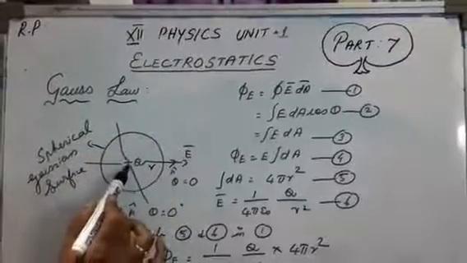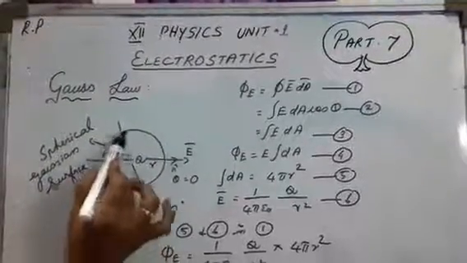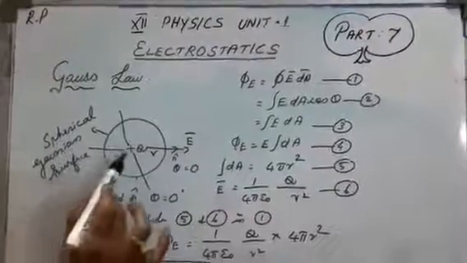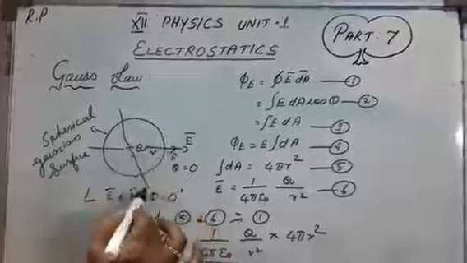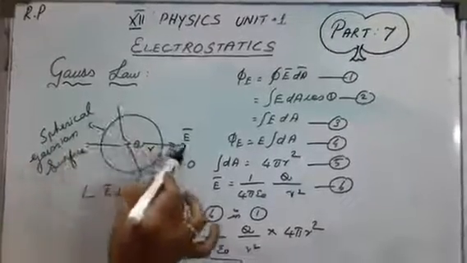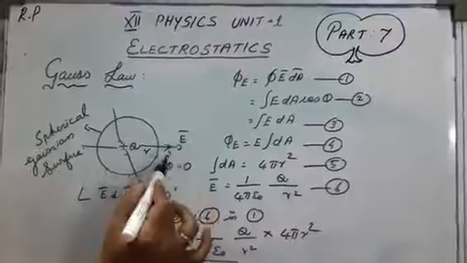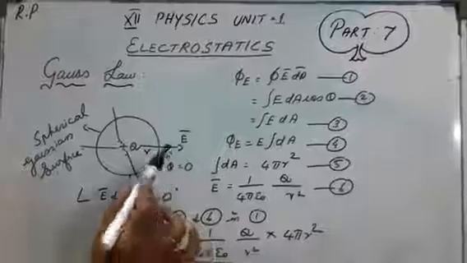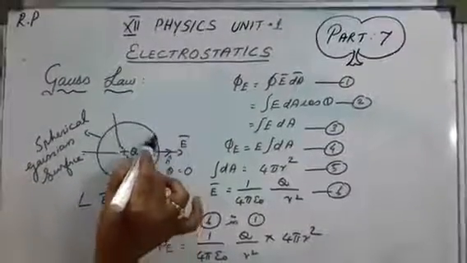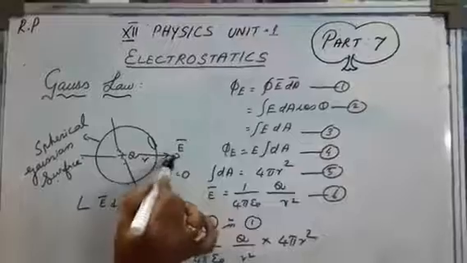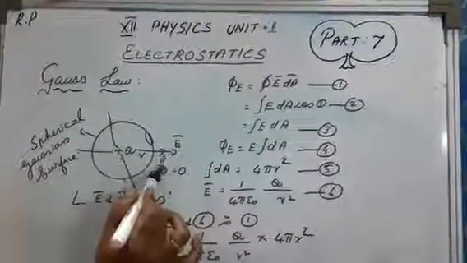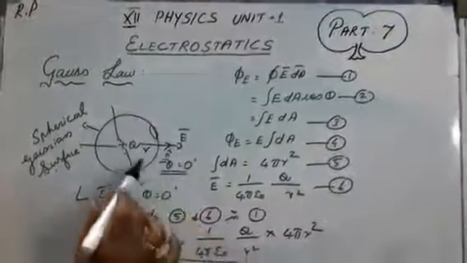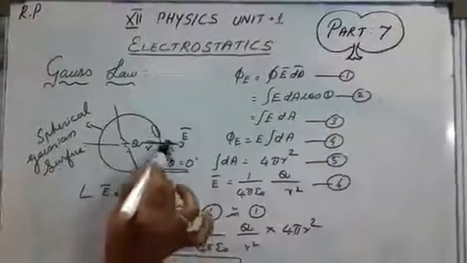Suppose you consider plus q as a charge. Here there is an imaginary surface. This is known as a spherical Gaussian surface. Here I will draw some electric field lines. The electric field we have to take in this direction, and the n cap is also in this direction. Take a small surface, that area is dA. Here there is an electric field and then the normal vector. The angle between E and n is equal to 0, because both the lines coincide with each other.